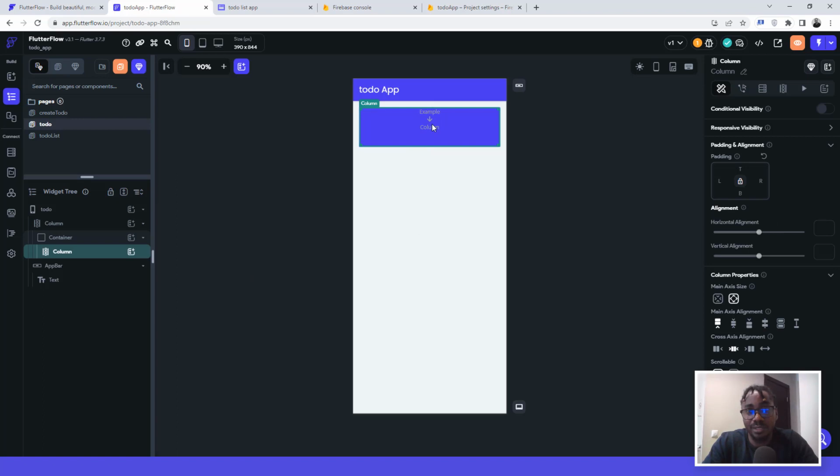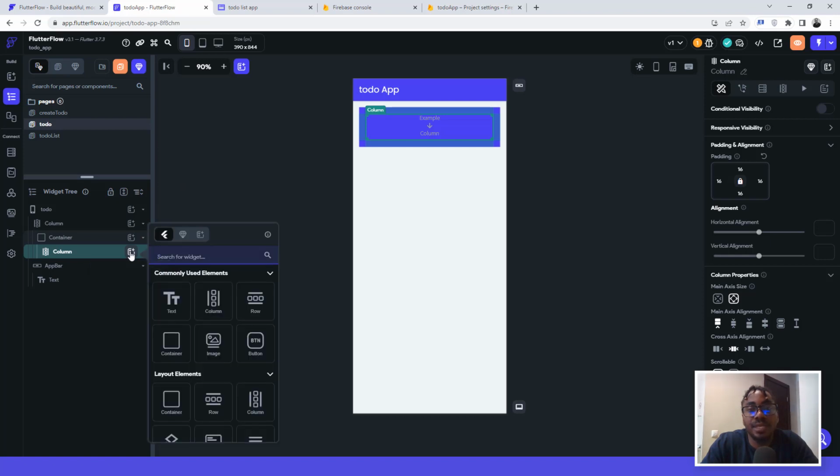There's a column now inside this, and it's filling the entire thing. We can either leave it like that, or we can click on the center here and give it some padding and say 16. So it's now pushing things in between, right? So we can leave it like that. Later on we can change it if we want to. So let's go ahead and inside this column right now, let's click on this and add